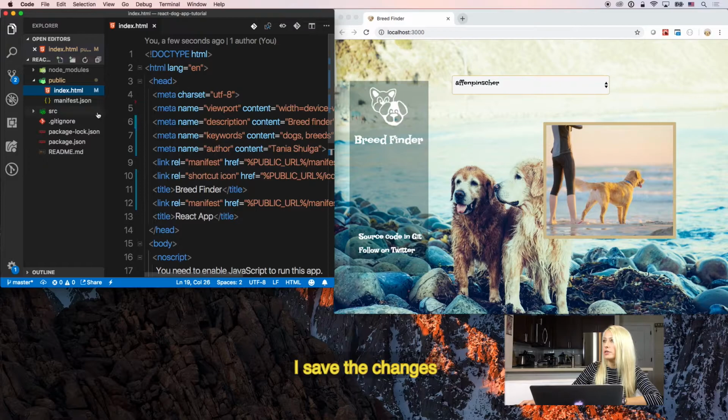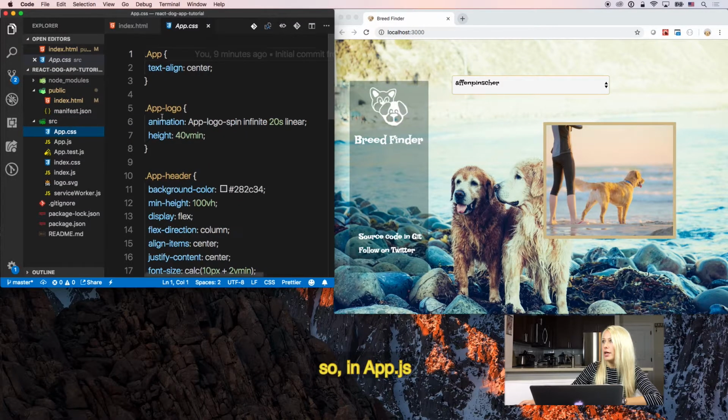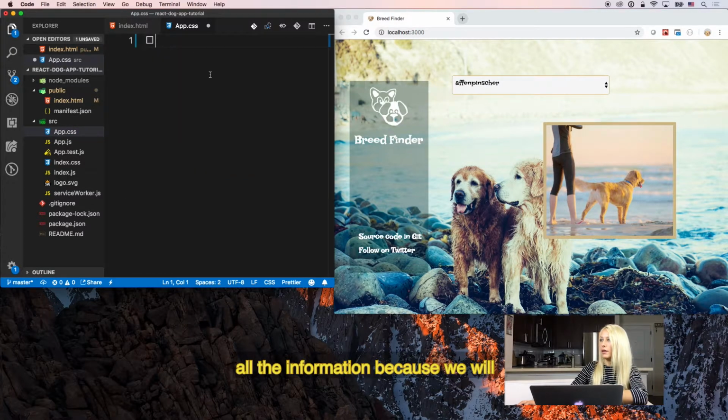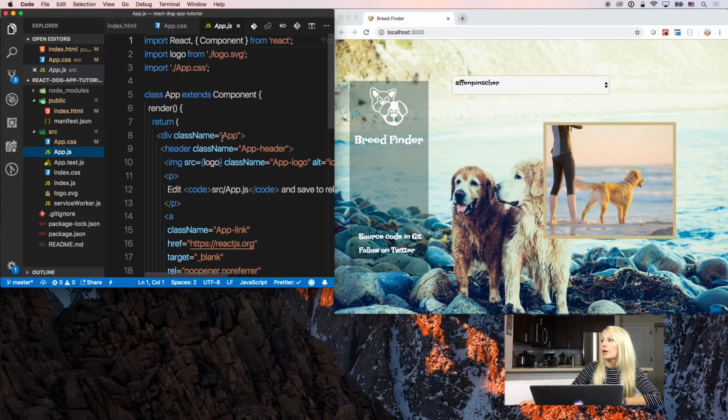Then let's go to our source folder and see what we can change here. So in app.js, I will clear all the information because we will set up our own styles for the application.